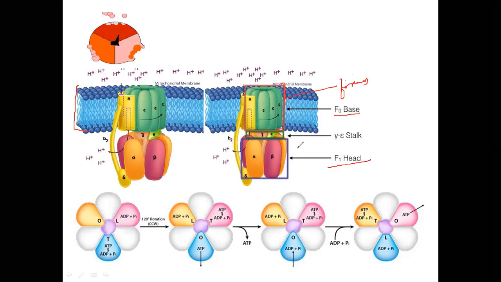Whereas F1 is like a shaft which has a bearing and which rotates. And it has different stacks: c, gamma, epsilon, and alpha, beta, epsilon, gamma. These are the different kinds of domains which help. Now this is the delta, which is used for the rotation of the stack. You see here how a proton makes the stack rotate. This is the rotation of the stack. Now, what happens? ADP, Pi. Now we got it.